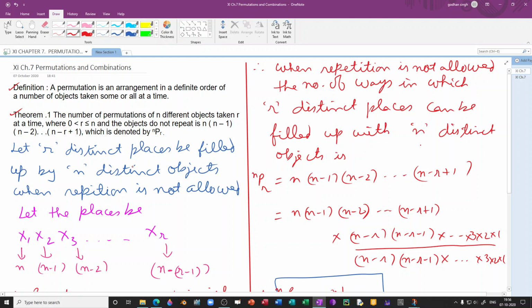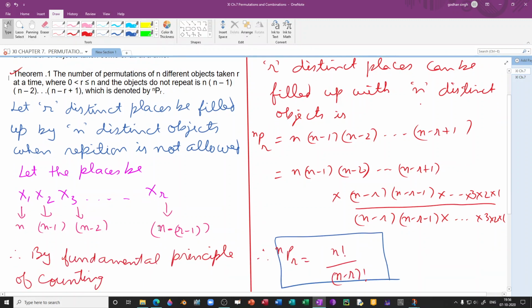Let r distinct places be filled up by n distinct objects when repetition is not allowed, and let the places be, say, x1, x2, x3, so on till xr. Since there are n distinct objects, x1 can be filled up in n ways, x2 can be filled up in n minus 1 ways, because here repetition is not allowed. So one object has been used in x1, so the number of objects which can be filled up in x2 are